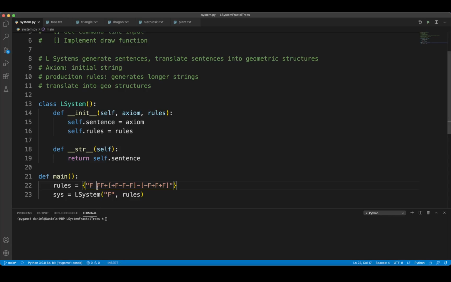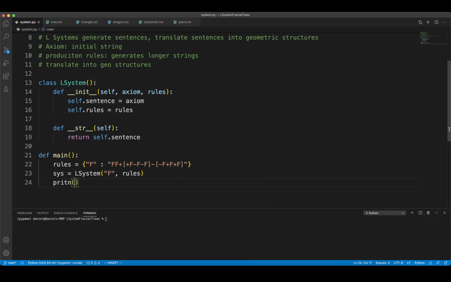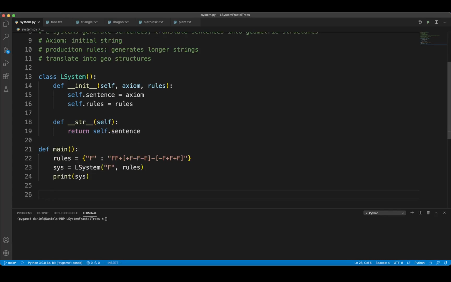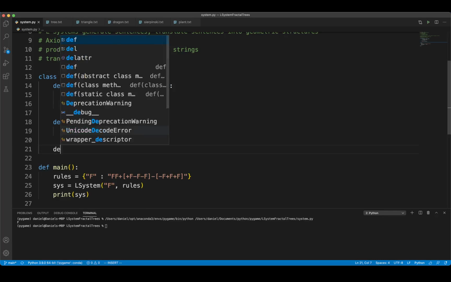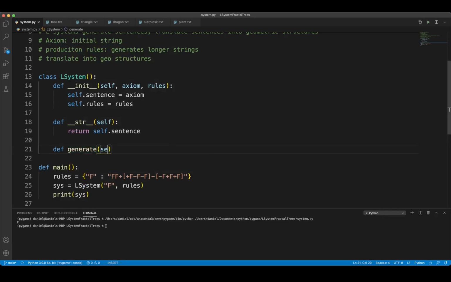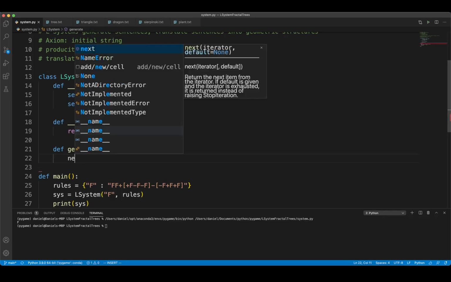So change F into this, so a dictionary that maps the input into the output, and then let's just print out the system. So see, it prints F, and it just prints the axiom since we haven't applied the production rules. So we can apply it with a function called generate that makes a new string